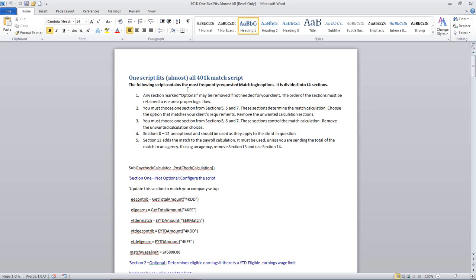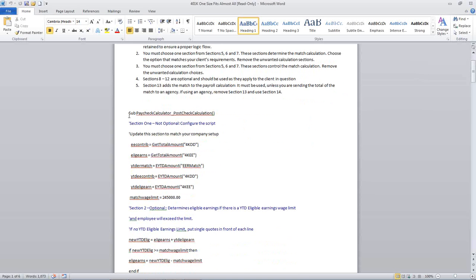So we're going to talk first about section 1 of the script, and that is this section here. It's not optional, so please don't remove it, because later in the script, several of these items listed here are referenced depending on what your client says they want to do. As I mentioned before, we typically need to know what the employee contributed and what their eligible earnings are. As you'll see here, I use EE contrib, again, to keep the typing short, and eligible earnings. Now in scripting, you're going to see a lot of different commands.